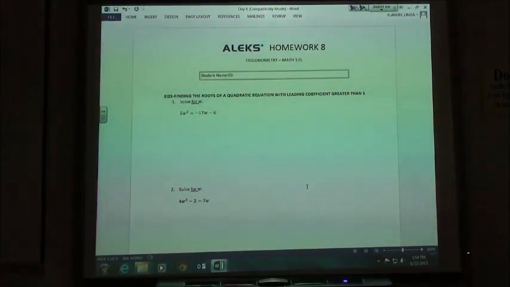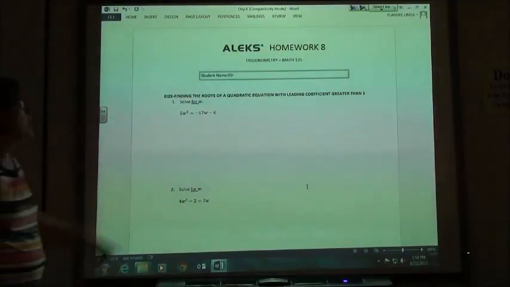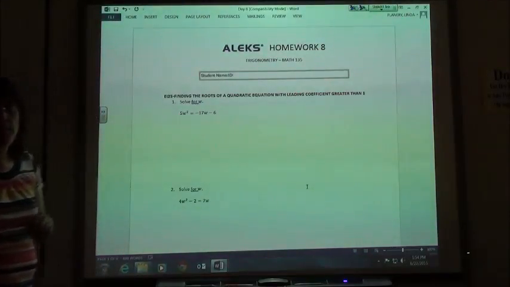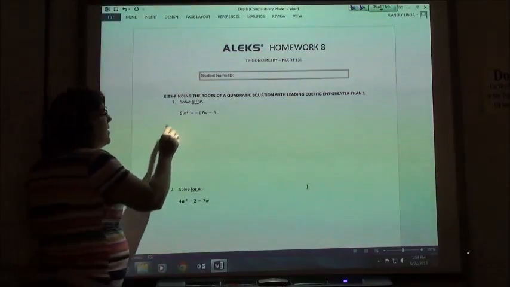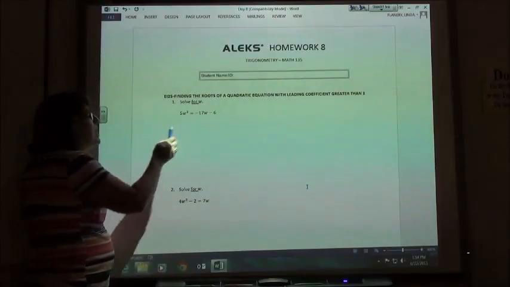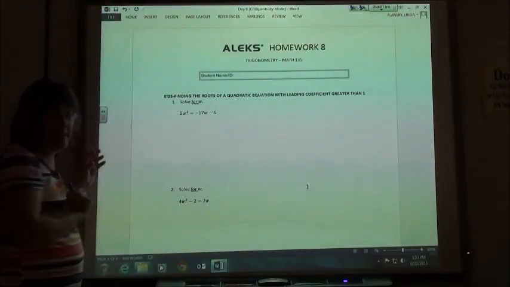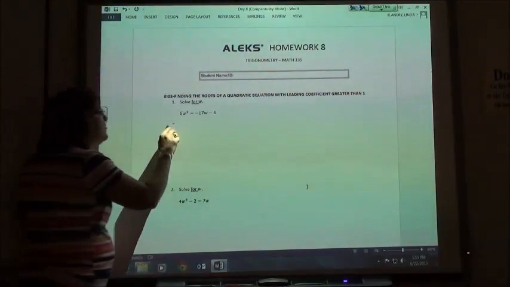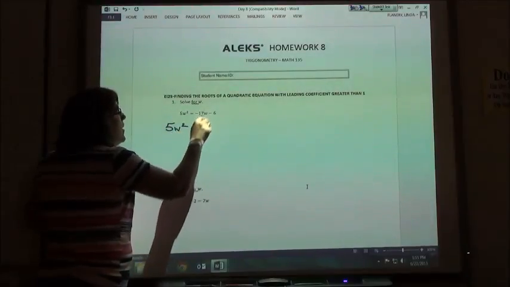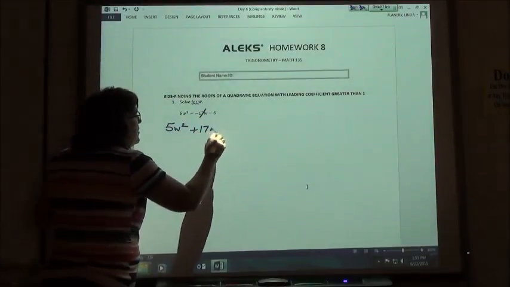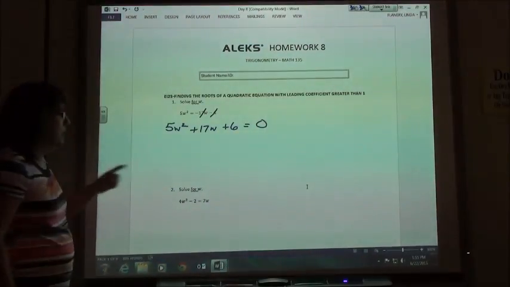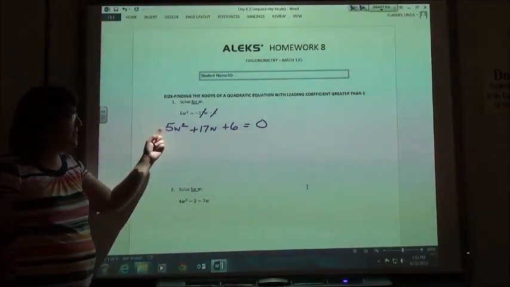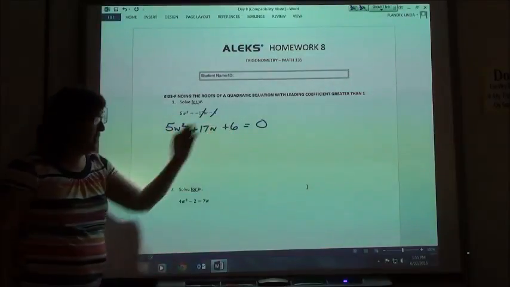than 1. Anytime you have a quadratic equation, something with a squared term, you want to set it equal to 0 and make sure it's in the best order, which is descending order. So in this case, another thing I always want to do is leave my squared term positive. So I'm going to write this as 5w squared. I'm going to add the 17w to move it over and add the 6, and now it's set equal to 0. So I've left my w squared term positive, and then I put it in descending order so it's in